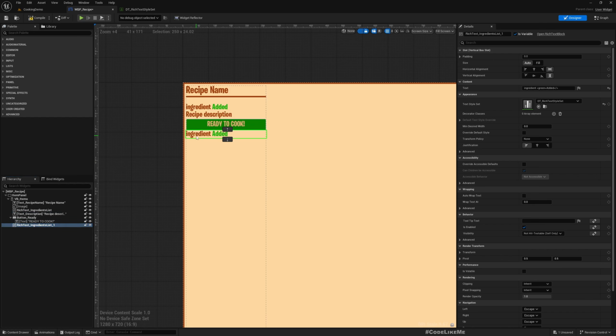So as an example, I'll put something like apple, and I'll make it red here and add the text from ingredient. Okay. Now when this appears, this ready to cook button should disappear,